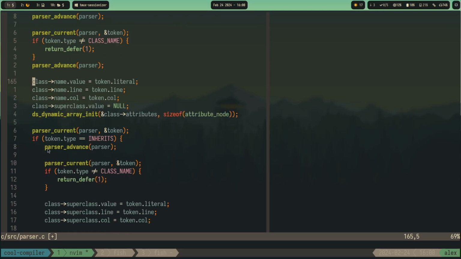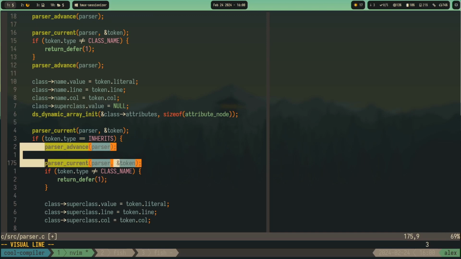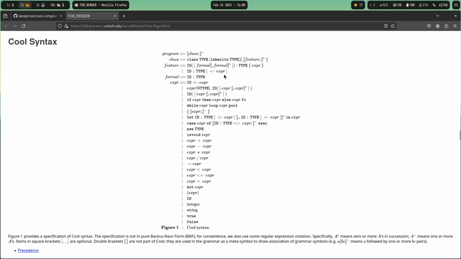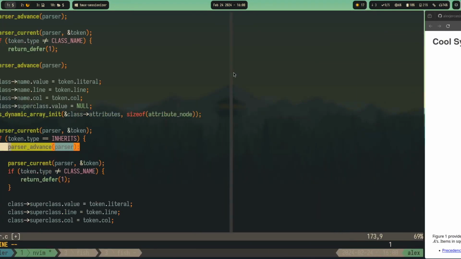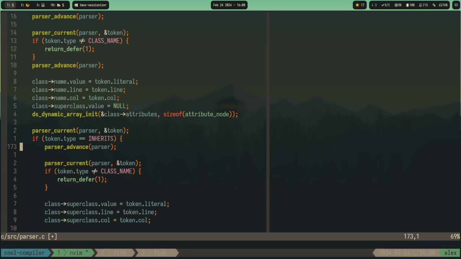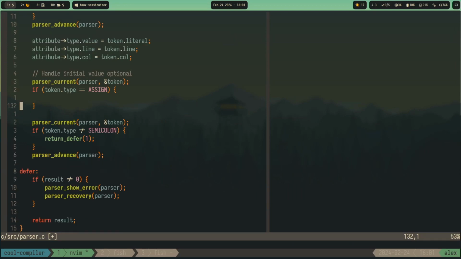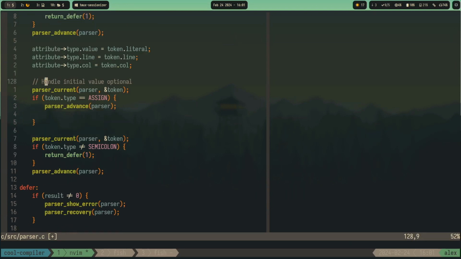it should be similar to inherits. We have to advance, right? We have to advance because it's the assign symbol. Then we need to check this out. Am I blind? Oh, it's this one. Then we need to do an expression. So we need to do this entire stuff, which sucks. But let's try it. So we find an assign, we have to advance, and here we need to do